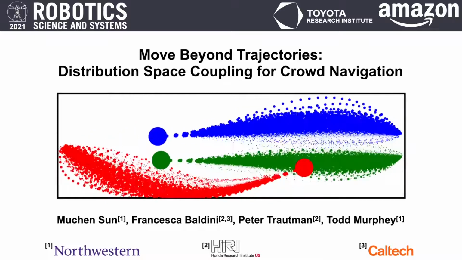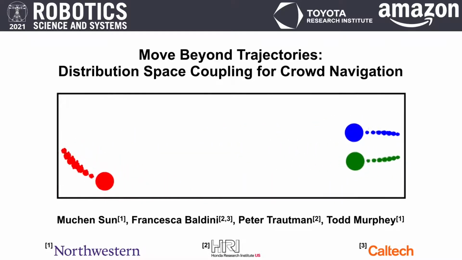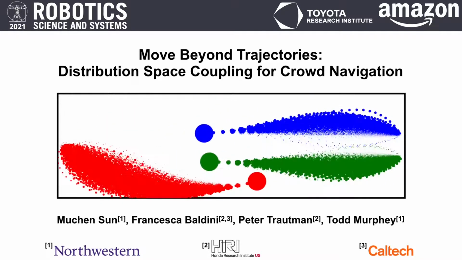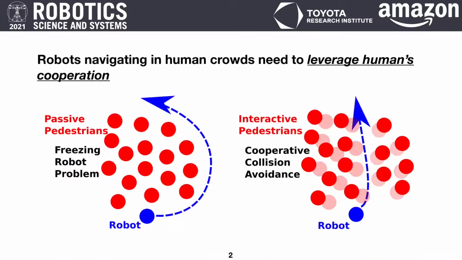I would like to introduce our work, Move Beyond Trajectories: Distribution Space Coupling for Crowd Navigation. Robots navigating in dense human crowds need to properly leverage the cooperation from other humans. For example, if the robot knows other humans will make space for it, it can plan a much shorter path